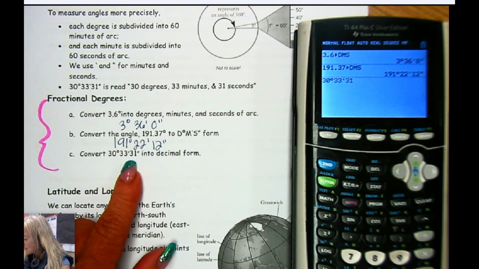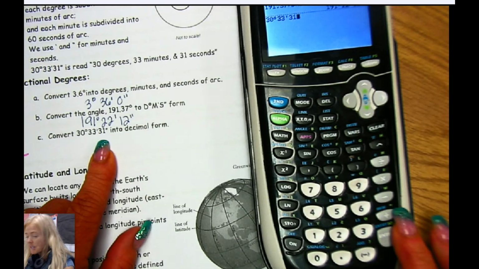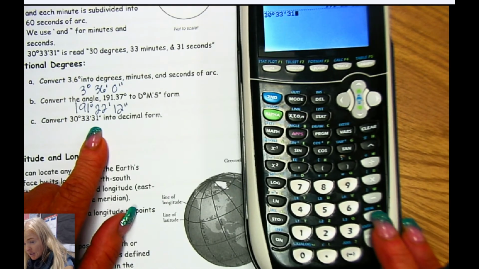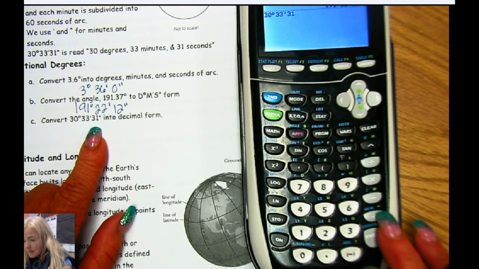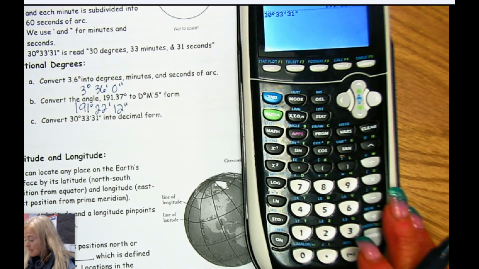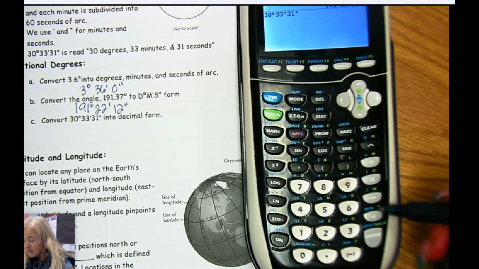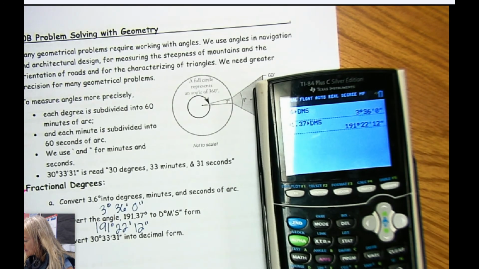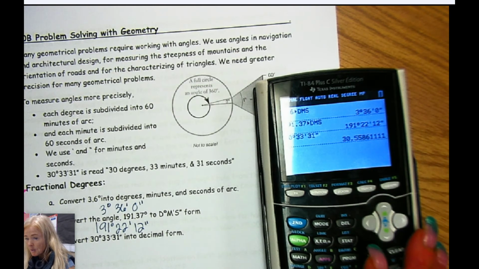So, I can't put seconds here though. Seconds is above, you see it right here, it's green, and it's above the plus sign, but you have to hit alpha and then plus, and that's where your seconds are, right there. Hard to find. And then you hit enter, and you have your